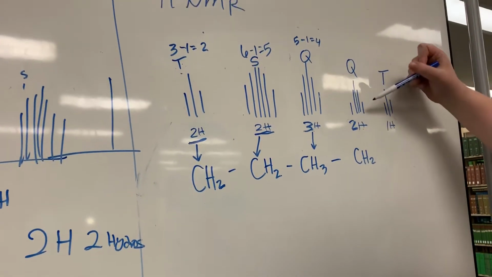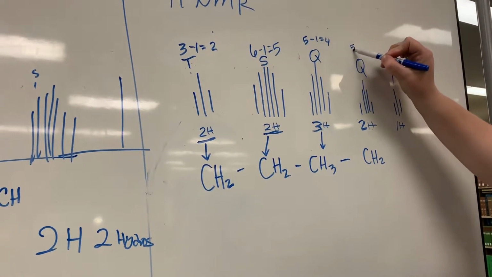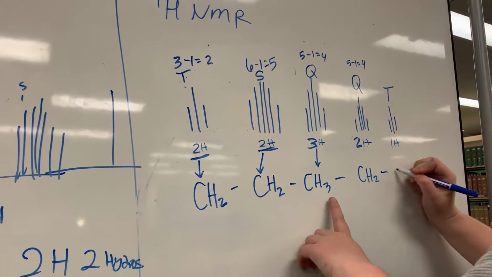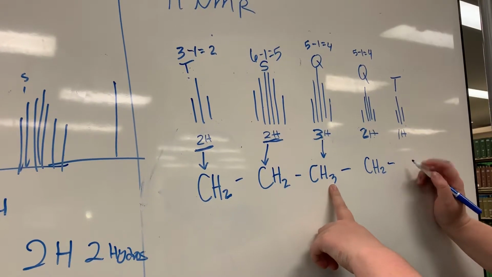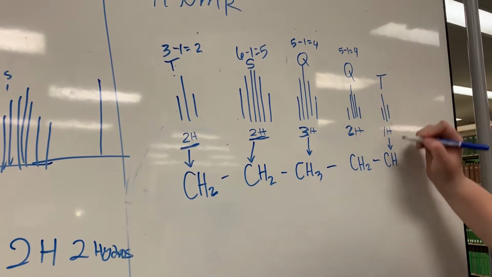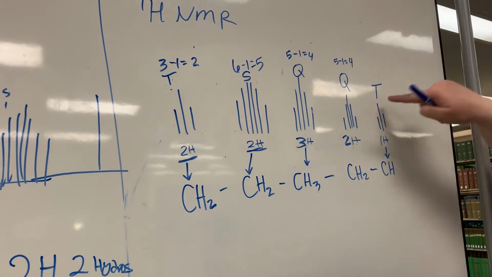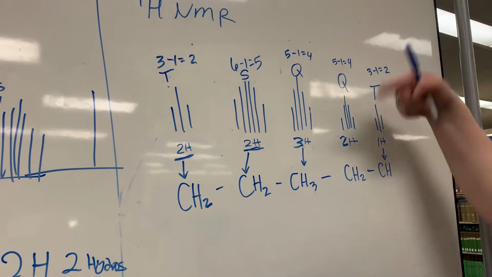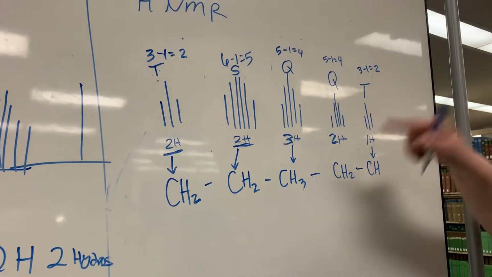Now, we want to look at this. This is also a quintet, so it's 5 minus 1 equals 4. That means there should be 4 neighboring hydrogens on either side. How many do we have on this side? 3, so this is going to be CH. Perfect. And how do we confirm that? By looking at 1H, and that's how we confirm that. So this carbon should have 1 hydrogen. And then we can look up here, it says it's a triplet. 3 minus 1 equals 2, which means it should have 2 neighboring hydrogens. Does it have 2 neighboring hydrogens? Cool, then this is our